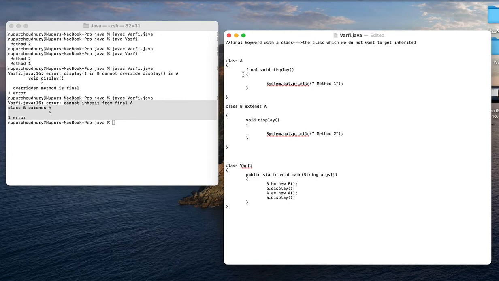Of course, this particular final method would be inherited in this particular class, but the method in the child class will not be able to override the method which is there in the parent class. So this we have to be careful about, okay.